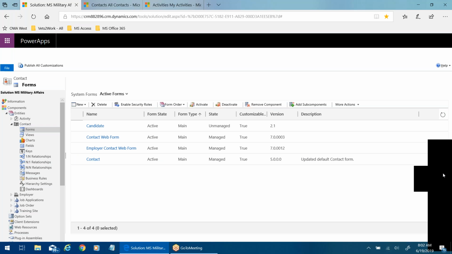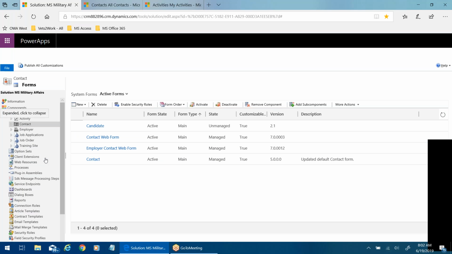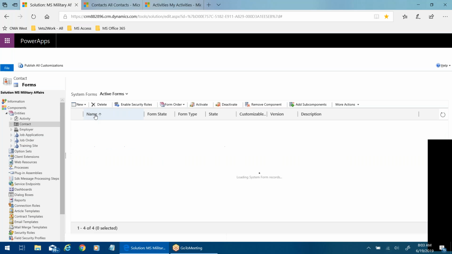The things you're looking at now, really, we just have a candidate and a contact. I don't even know what contact web form is, but I think I know what it is. Those are the two we want to focus on.